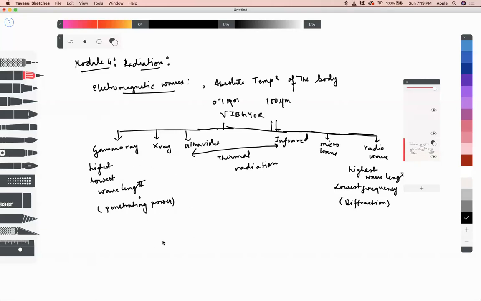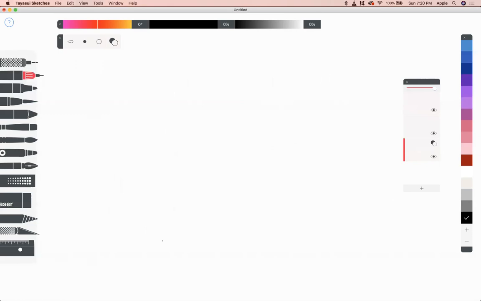Now, when an object emits radiation, it emits radiation for all possible wavelengths. And depending upon for which wavelength how much radiation is coming out, that depends on at what temperature the body is. All those questions we will eventually answer with the subsidiary laws and see how exactly a particular graph we will obtain. Remember one thing again, the radiation spectrum, if we obtain it for a body, we will see it as a continuous spectrum, which reveals the fact that radiation is coming out for all possible wavelengths.